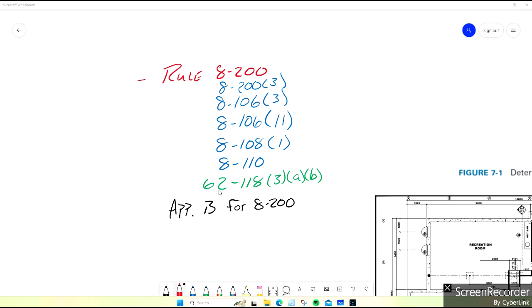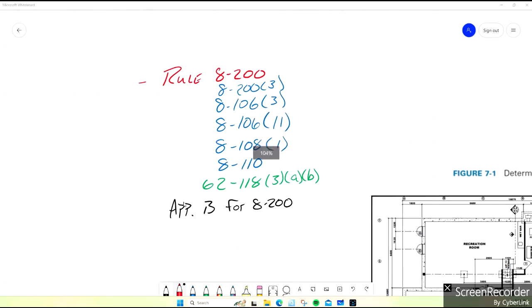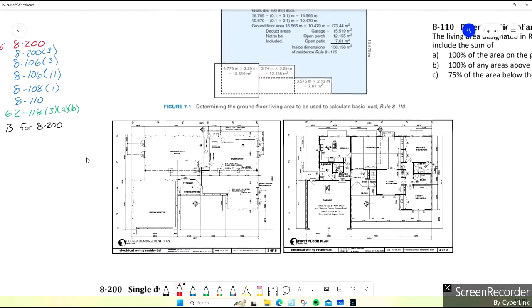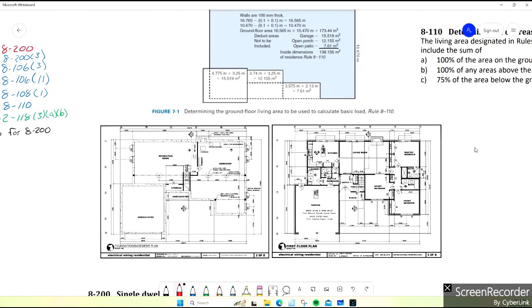Section 62, Rule 118, and that has to do with heating, and we'll see where that comes into play. And as always, be sure to look at Appendix B when you see that next to the rule. Alright, so what I've got up here is a little layout, and some of you may